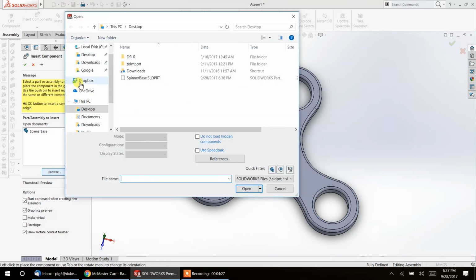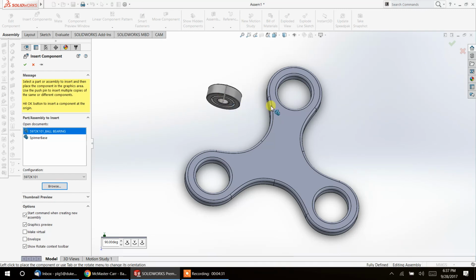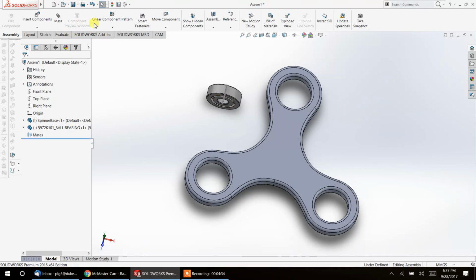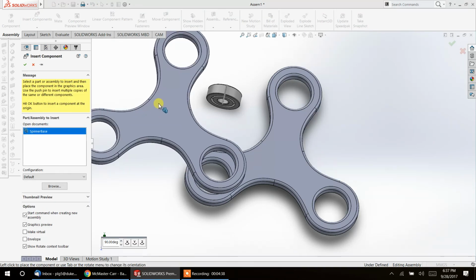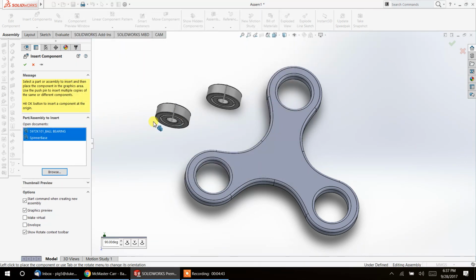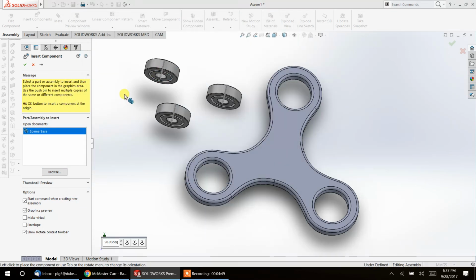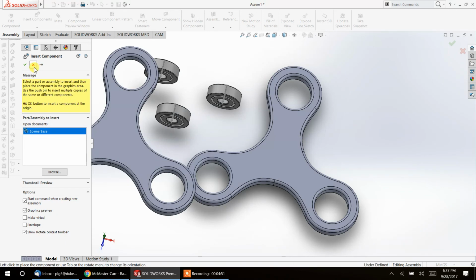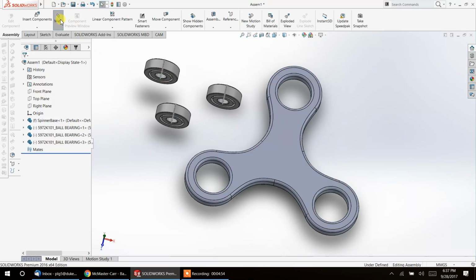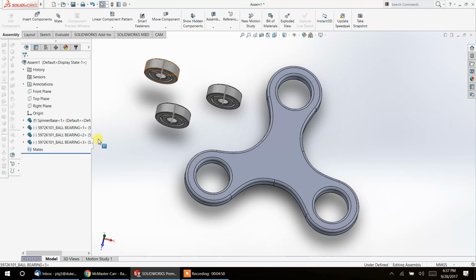So let's find the bearing file, and let's just put 3 more, so we'll copy this, oops, copy 3 more. Okay, so there we have our 3 bearings to place in. Actually, I should have put another hole in the middle, but we're not going to worry about that. So then what we want to do is a mate. So right now, if I click on these bearings, I can drag